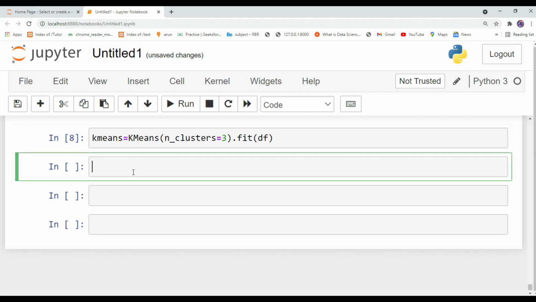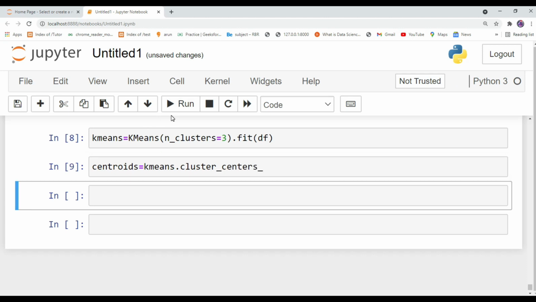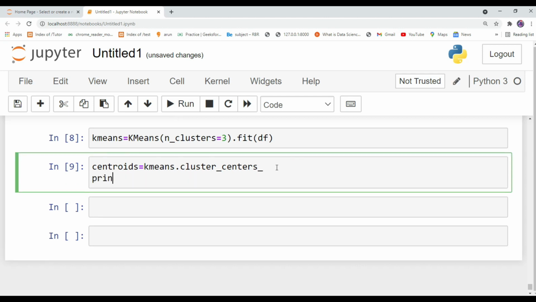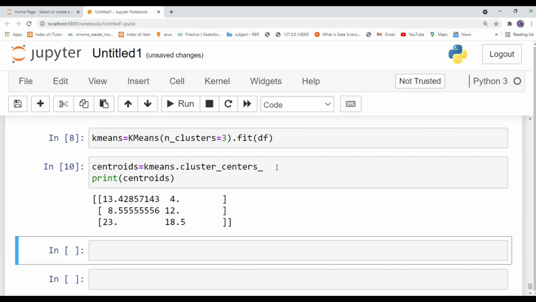Now we are going to place the centroids in the data. Create a variable called centroid, and in this variable you need to type kmeans.cluster_centers_. Mainly this attribute is used to place the centroid near the data points, and it is the first iteration. And one more thing that I want to show you is where the centroid points are placed in our graph. For that, print the centroid variable. Here you can see that it printed some array values, and these are the actual x and y positions of the centroids that are randomly placed near each closest cluster.